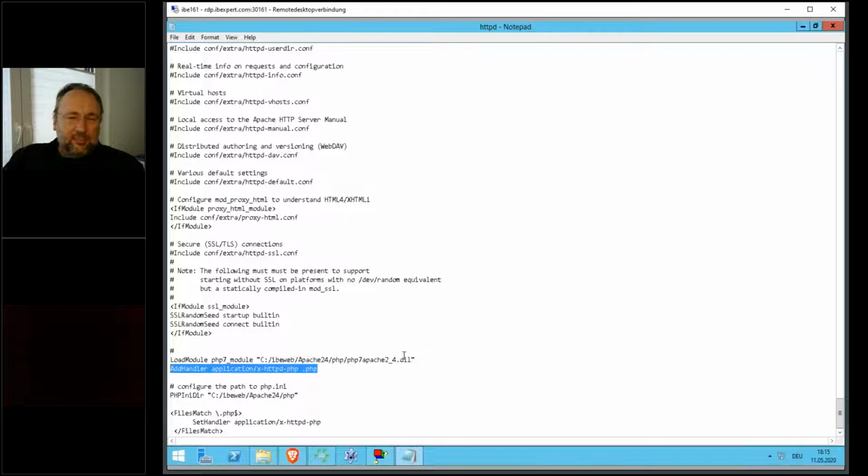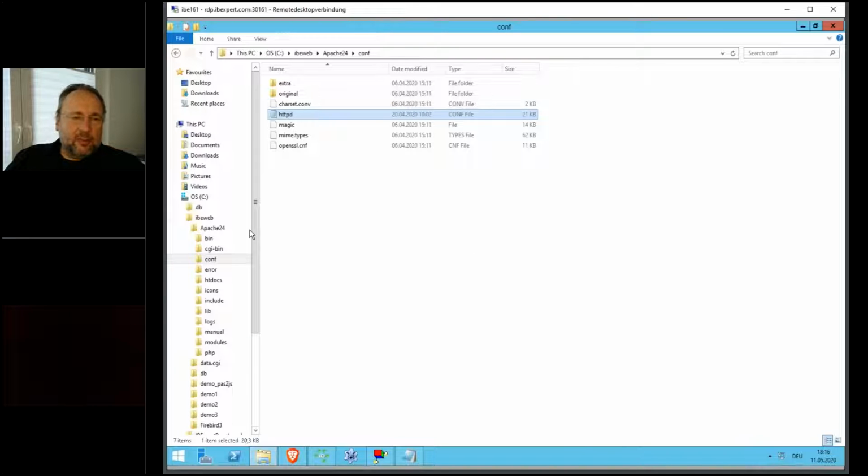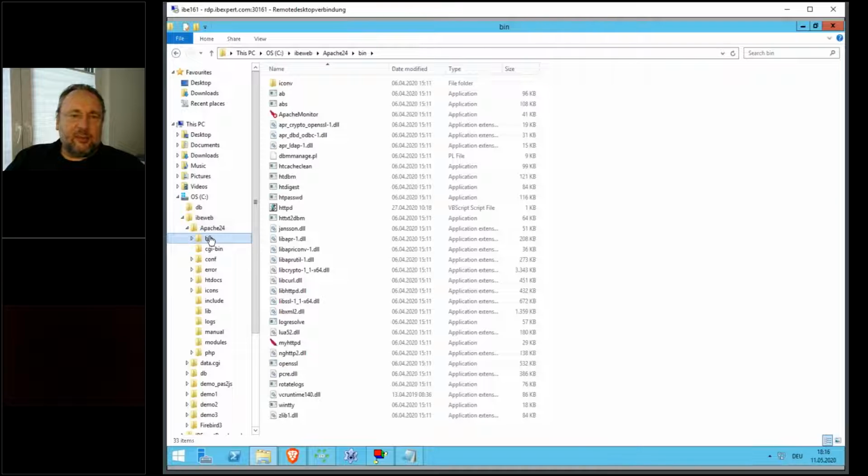What is interesting, and you should always know when you are working with a Windows environment and you are working with a PHP Apache DLL, you need a Firebird client library, fbclient.dll, and that Firebird client library should be placed somewhere where it is accessible by the Apache process. For example, this means in that case that we have it typically